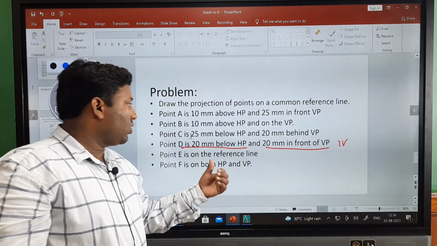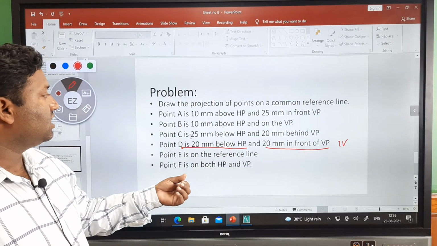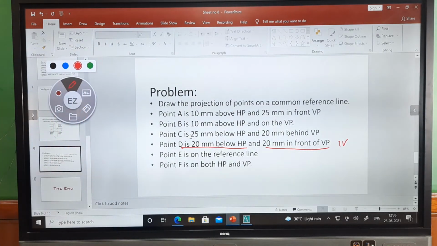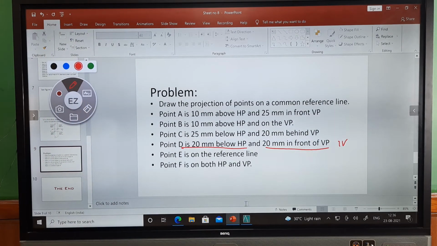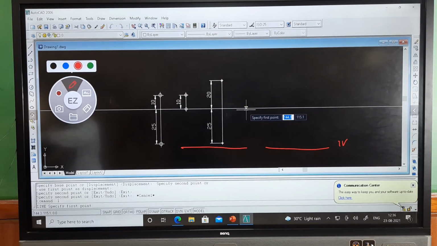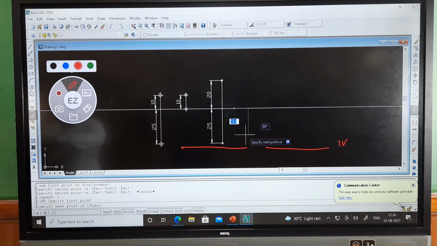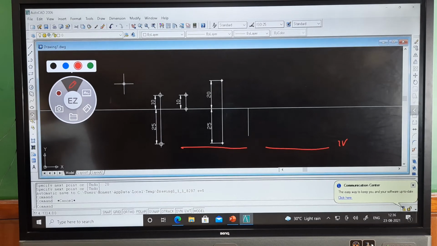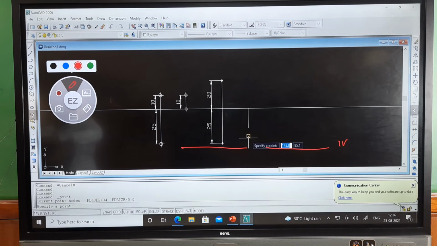So both, 20 mm below the HP and 20 mm in front of the VP, means we will draw this point in the fourth quadrant, that is below the reference line. So if I take here L enter, now from this point I will take 20 enter. Now here I will go for copy, CO enter, or simply, because I have already selected the point style, I can click on the point and click here.